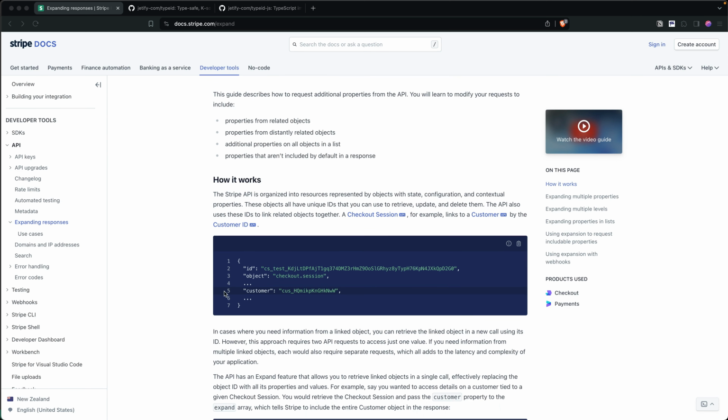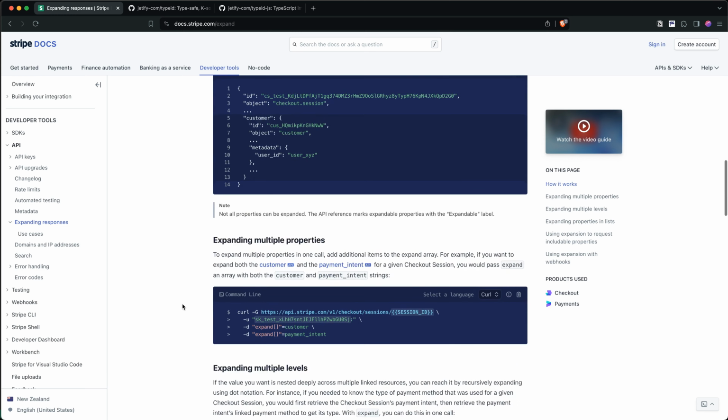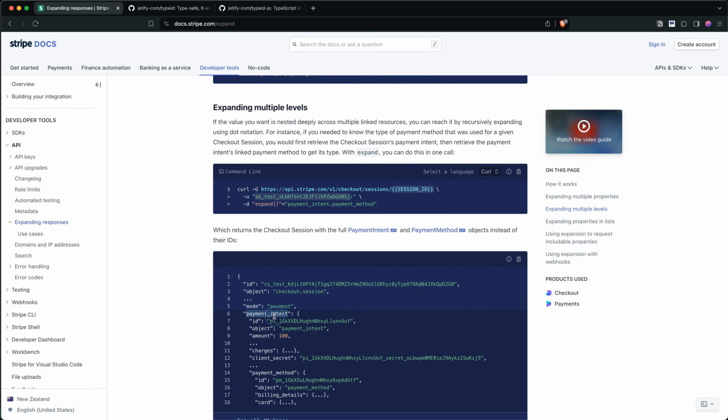One of the things that I like about them is the concept of domain specific IDs. What I mean by that is if you look at this example here, when you talk about a customer ID, it is always prefixed with a domain specific name. So customer is cus underscore. And if I go a bit down, if I show you another example of the payment intent object, it starts with